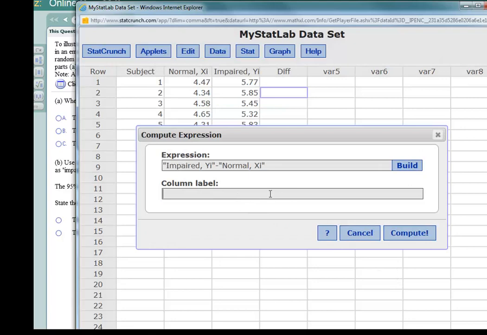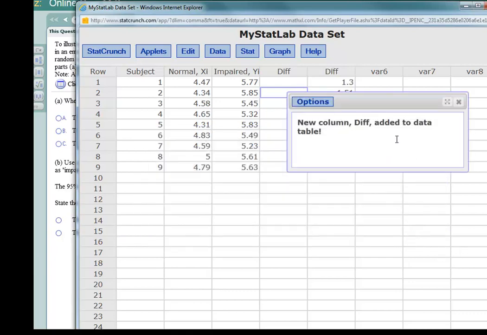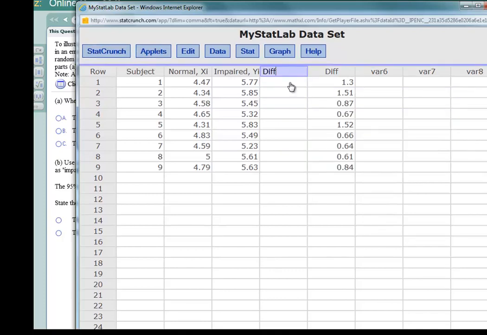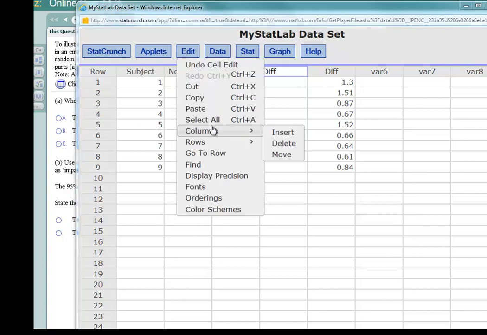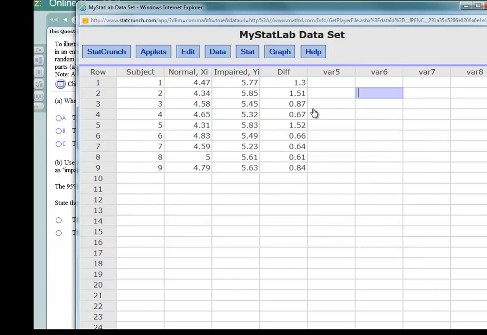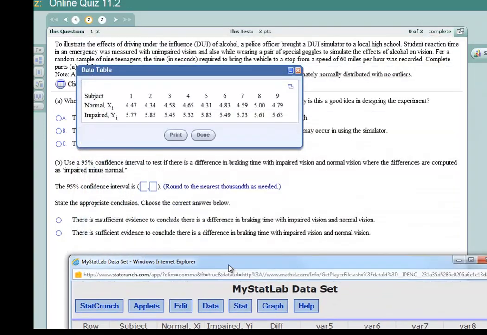And we're putting this in the diff column. I'll relabel this diff and compute. So it did not like me having already labeled that, so I'm going to delete that column. It's under edit and then columns, and we're going to delete. And I'm going to delete this first diff column. And there we go. Okay, so there is our data,